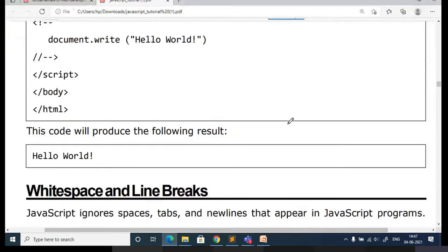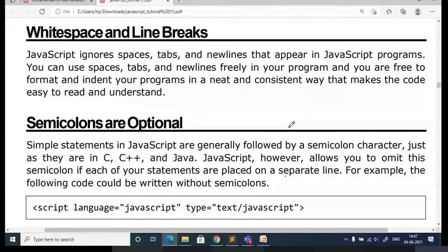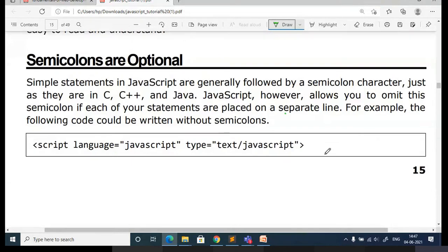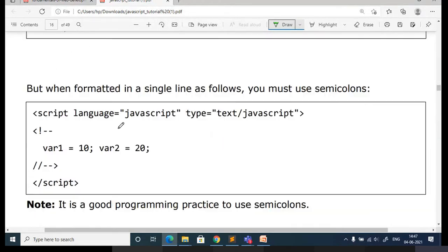So that is one function. Just remember, I am quickly running through all the functionalities. JavaScript ignores spaces, and any unnecessary spaces or tabs you have given. And semicolons are optional in whatever code you write.